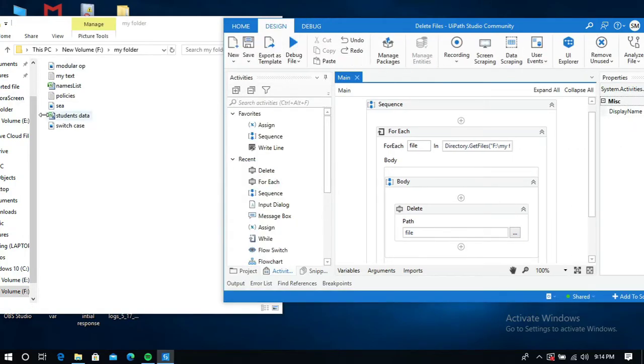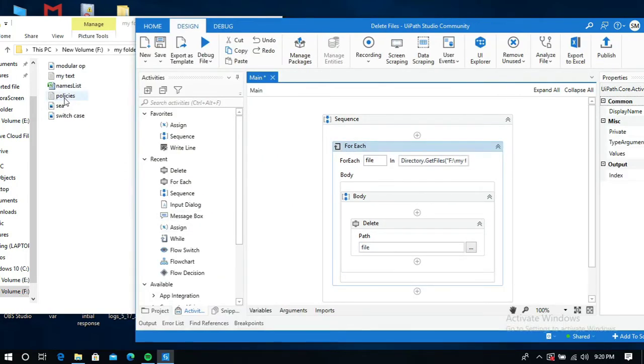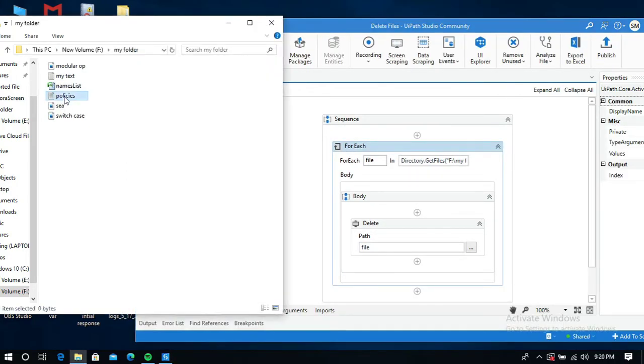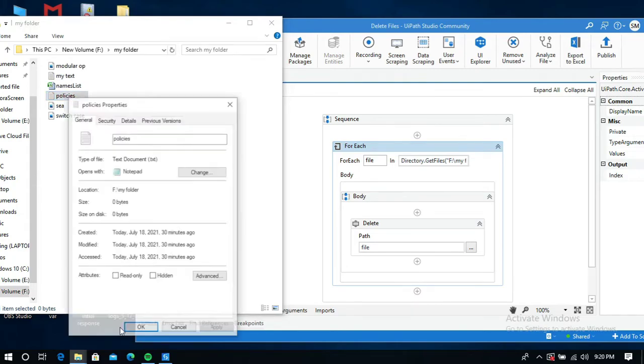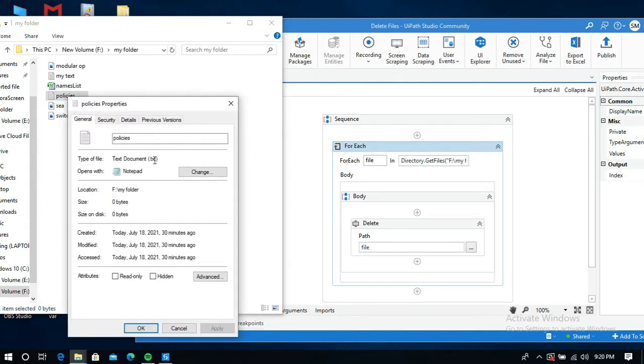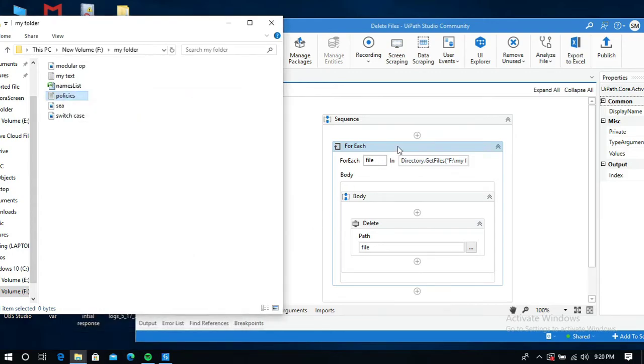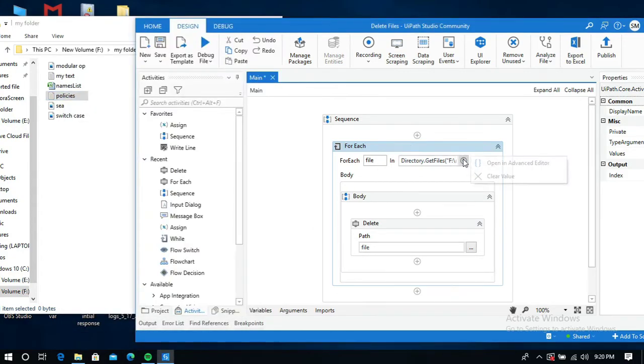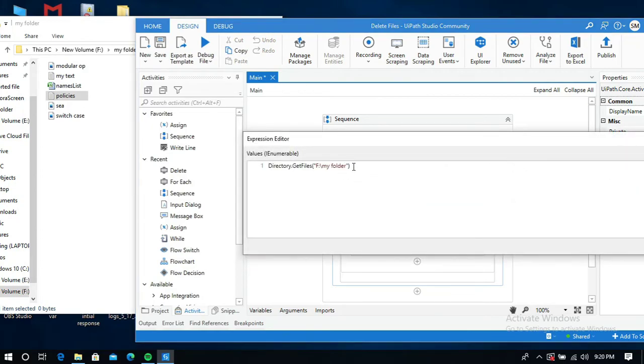You can see here the Word documents have been deleted. Similarly, if you want to delete these text files, just click on it and check its type of file, which is txt. Go to your UiPath Studio, click on this place, open in advanced editor and add a comma.